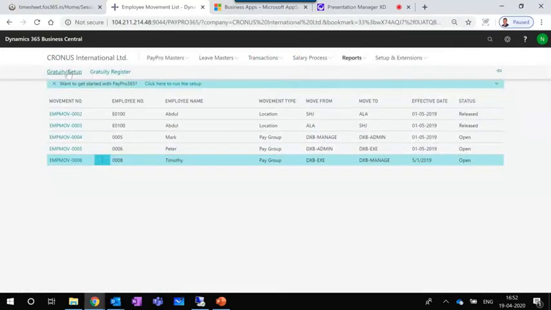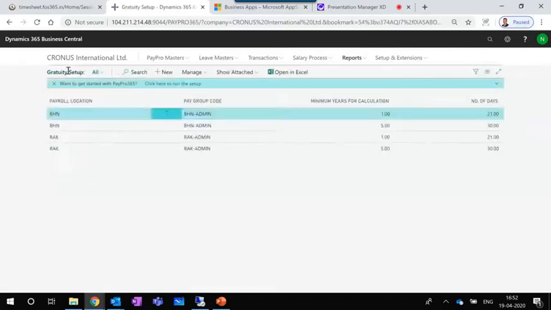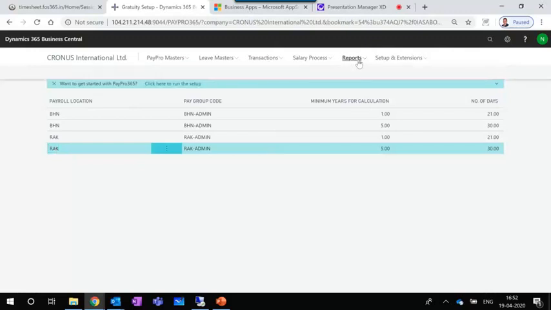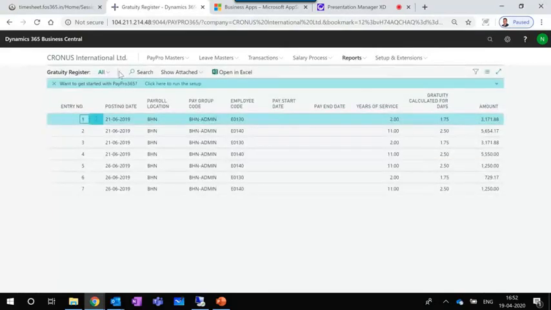Also, we have a specific gratuity setup specific to the Middle East, where you can define how you need to calculate the gratuity. What is the minimum year for calculation? What is the number of days it should be considered for calculating the gratuity? So that the system automatically calculates gratuity as well.